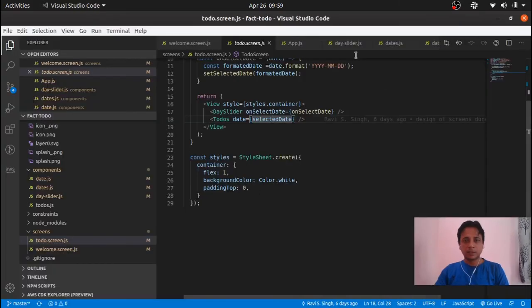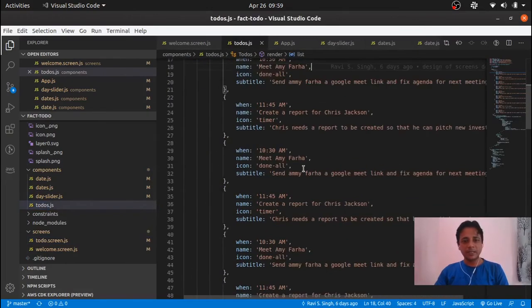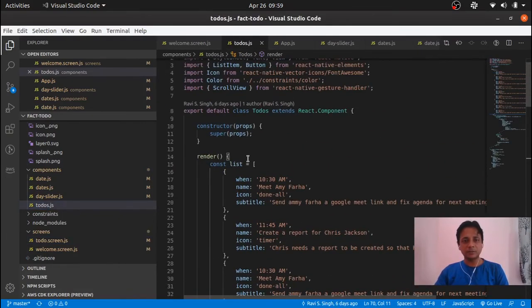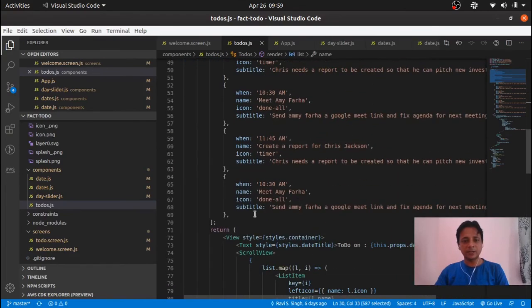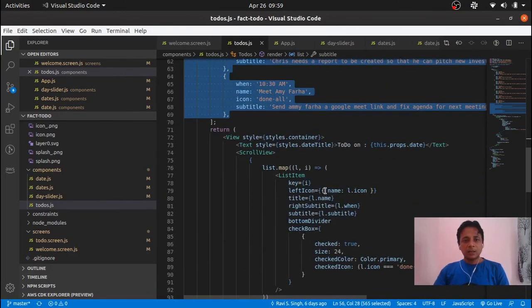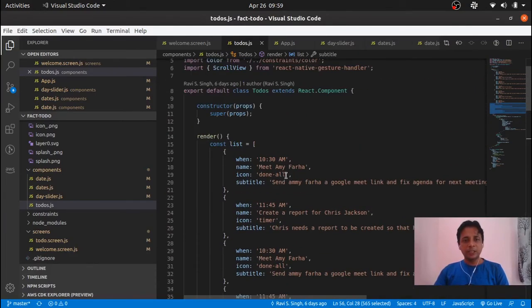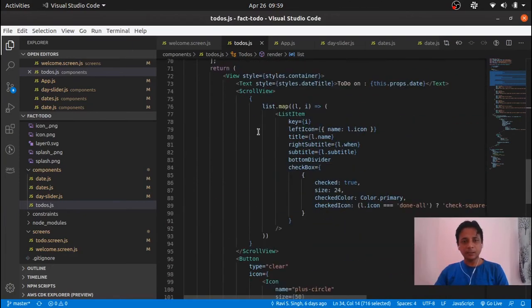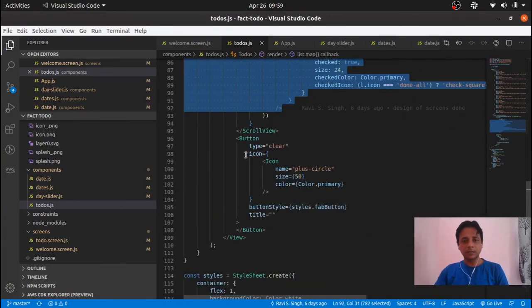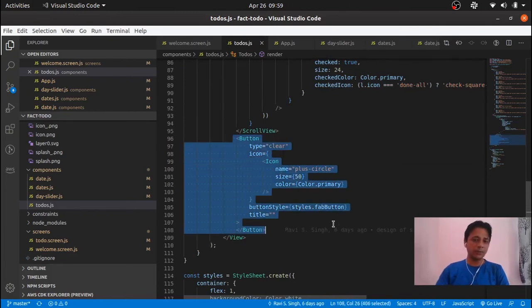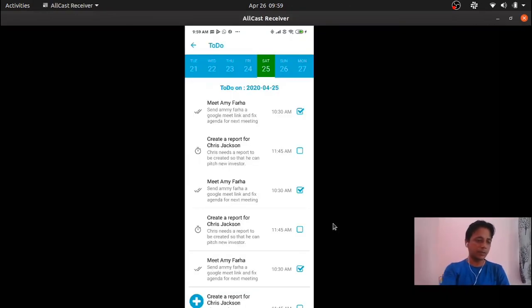But let me show you what this component is. Basically it has static data, just for rendering out the design, which is this one. But in the real world it would be coming from some API server, and then these are the scroll view. In our next tutorial we will be talking about what this plus button is going to do.